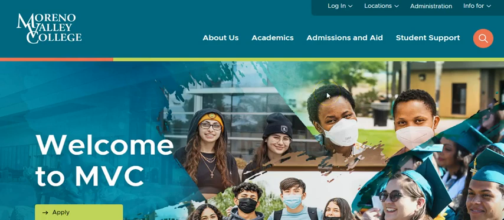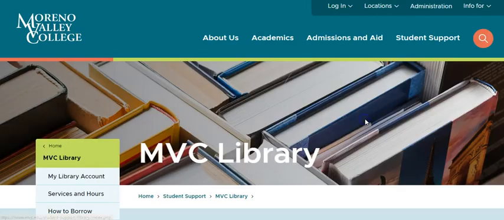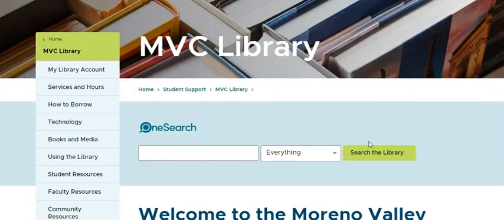The library can be found by starting at mbc.edu and going to Student Support and clicking Library. This is the library's homepage. There are multiple ways to get to the library's electronic resources and databases where you can find articles for research